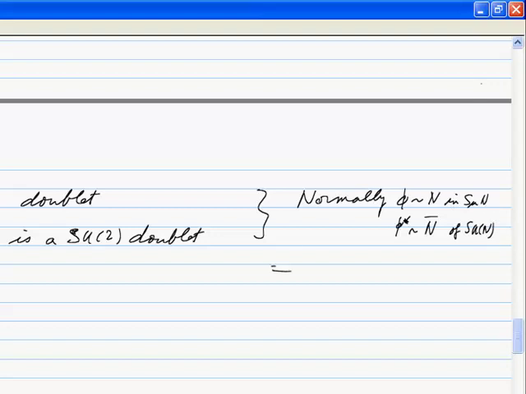But in SU2, one of the features is that the doublet bar is equal to the doublet. That wouldn't be the case if this was SU3. Okay, so to show that